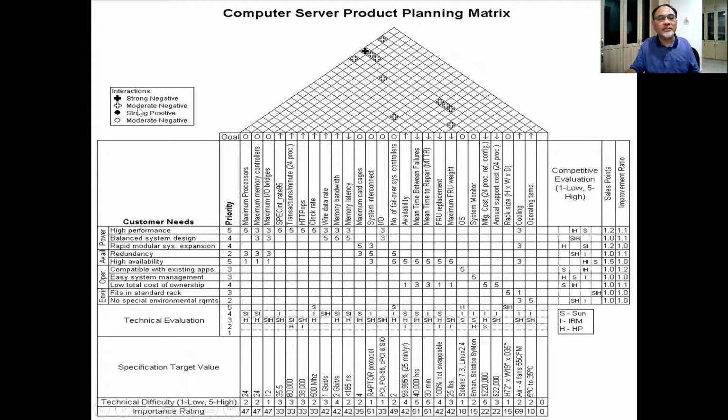And I said just now, you can do the relationship between technical requirements. Now let's pick up strong. There is no strong positive. There's a moderate negative. There's a lot of moderate negative. There's one strong negative, which is maximum processes, which is 24, will